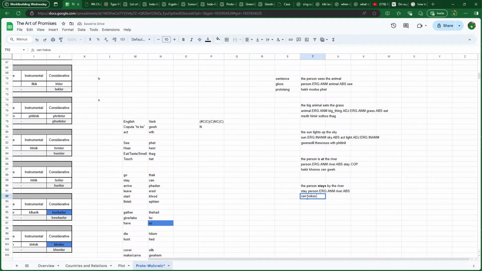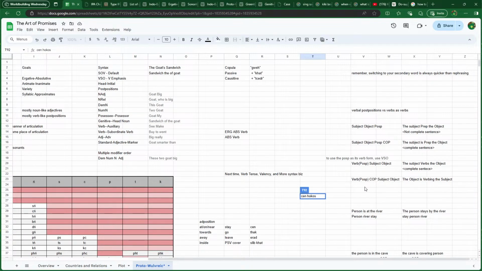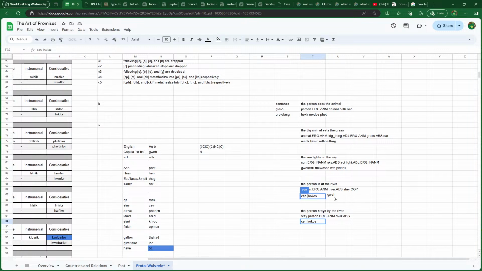But if we wanted to pacify it, then we would simply add kat. And that goes after the verb. So shen kat